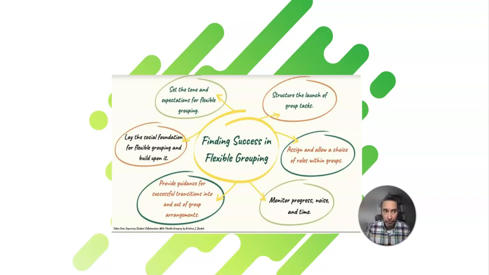When students are starting this type of activity, they will need more structure than later on. So that is why it is important that as teachers we provide guidance with transitions, arrangements, and probably help the students